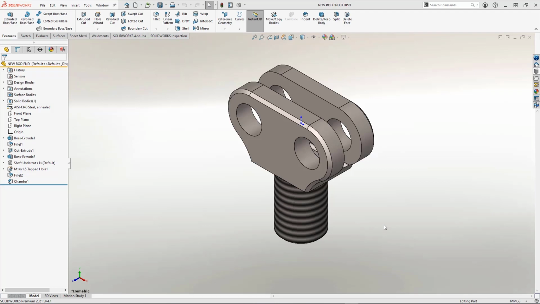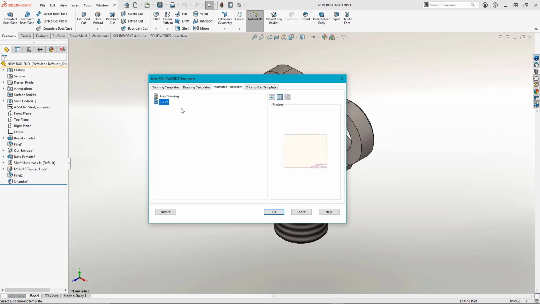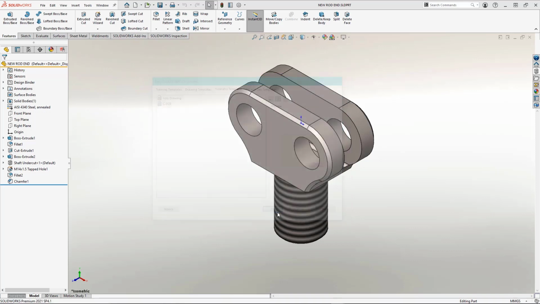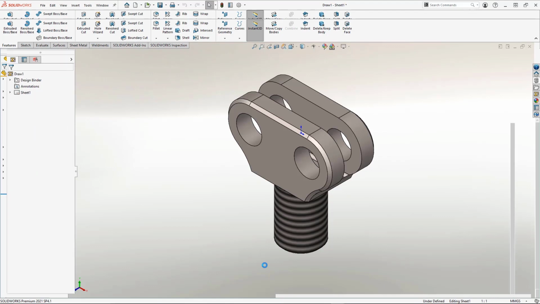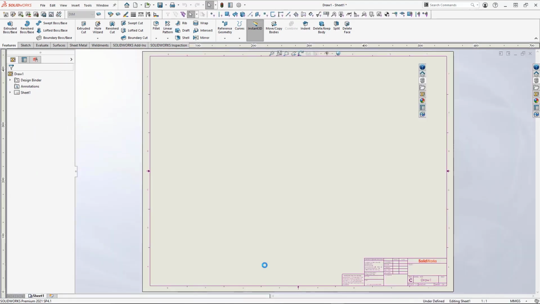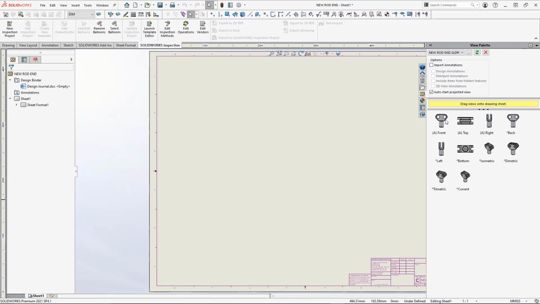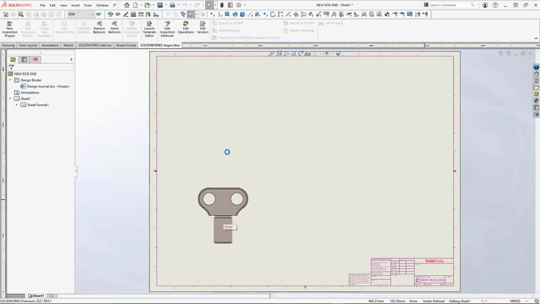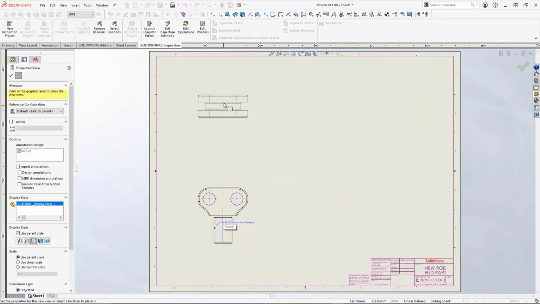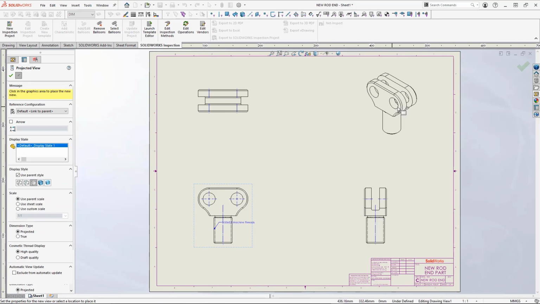So I'm going to go into SOLIDWORKS and I'm going to go under my new icon and make drawing from part or assembly. Once I choose my template, SOLIDWORKS is going to do quite a few things for me. It's going to load my title block, sheet size, and all of my orthogonal views over on the right. I can make use of drag and drop operations and projected views in order to place all of my initial